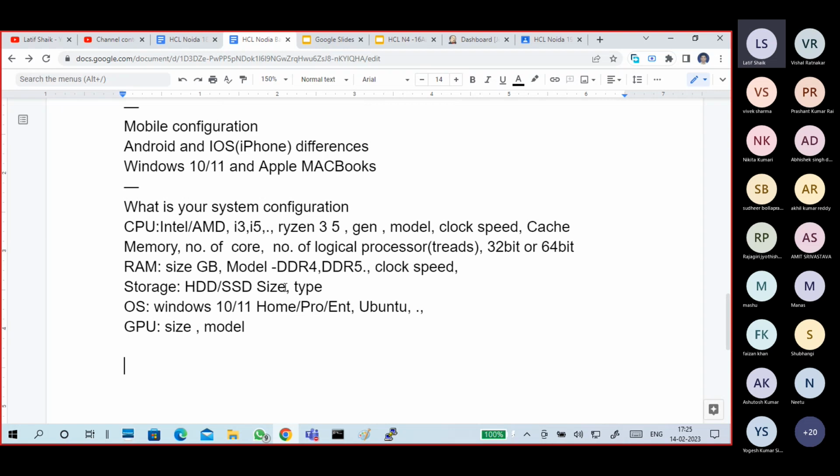These are the things you have to tell. Even for a mobile phone: what is your CPU, RAM, storage, how much storage, which operating system, which edition and version, how much graphics memory, can you play a PUBG game or not? Same way for your computer or laptop: what is the CPU, RAM, storage, type of storage, hard disk or SSD, the size, the operating system, and the GPU.